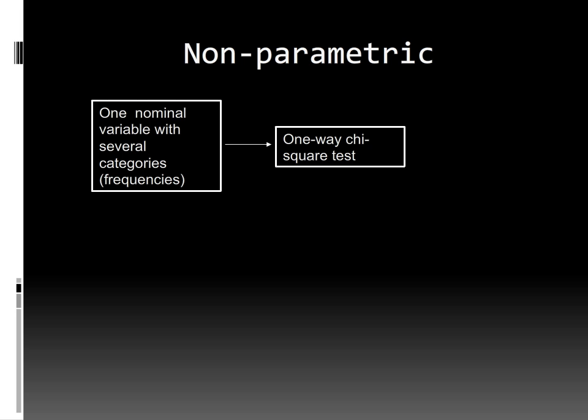The chi-square test evaluates whether the observed frequencies in each category of a variable are different from what would be expected on the basis of chance or some known source of information. If you have one nominal variable with several categories, it is appropriate to run a one-way chi-square test. An example of a research question in which a one-way chi-square test would be appropriate is: